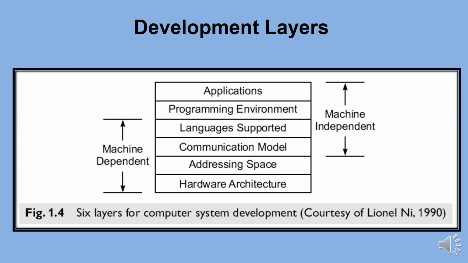A layered development of parallel computers is shown in the diagram. Hardware configurations differ from machine to machine, even those of the same model. The address space of a processor in a computer system varies among different architectures. It depends on the memory organization, which is machine dependent. These features are up to the designer and should match the target application domains.